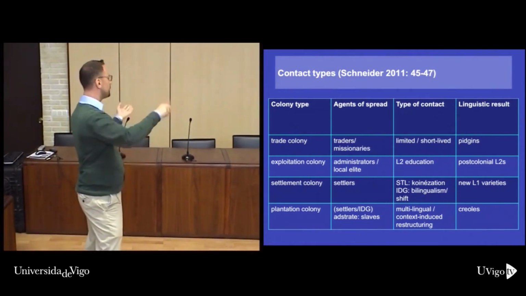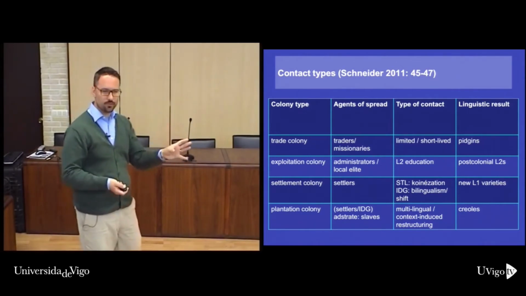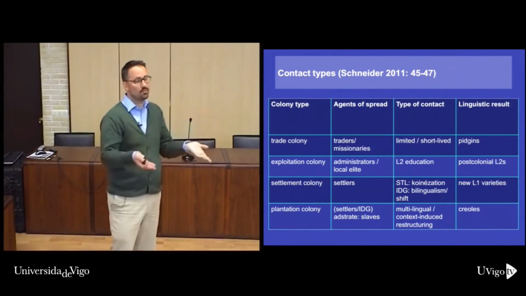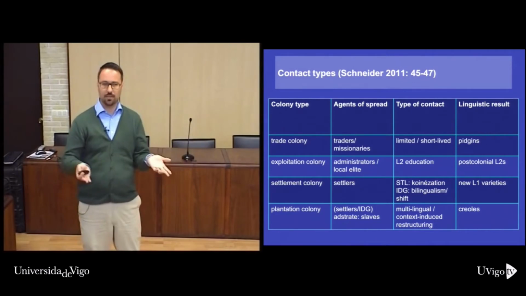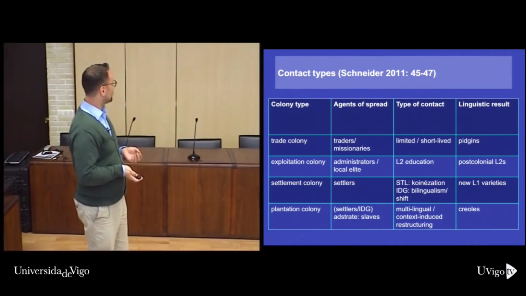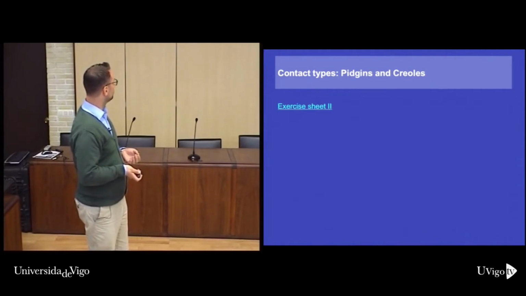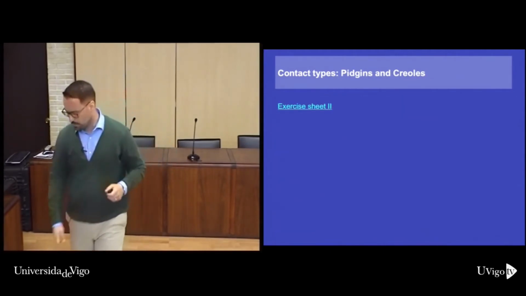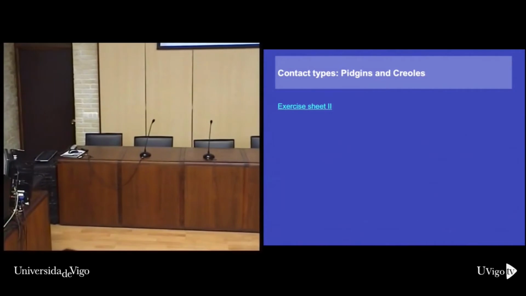Which leads to Creoles, and we of course know Pidgins: highly simplified, short-lived contact. Creoles are more complicated because you need more domains to talk about, and more domains means you need to be able to express something linguistically more complicatedly. So let's look at this from a construction grammar point of view. We're going to look at Pidgins and Creoles first.